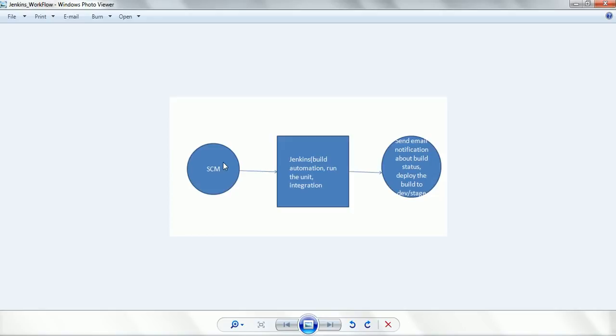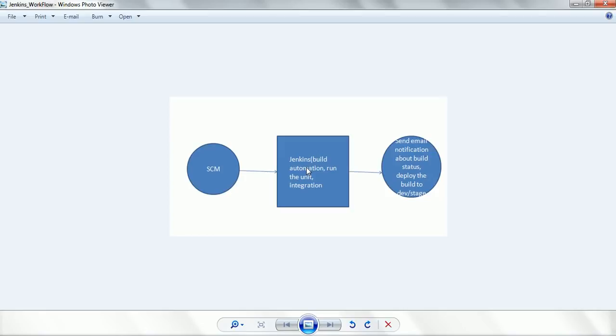Now what Jenkins is going to do is, Jenkins will take the central repository code and try to build your application, and it is going to tell you whether the build is a success or failure. In case of failure, you can send a notification to the set of developers who actually broke this build. Those types of email notification configuration are available in Jenkins, and also